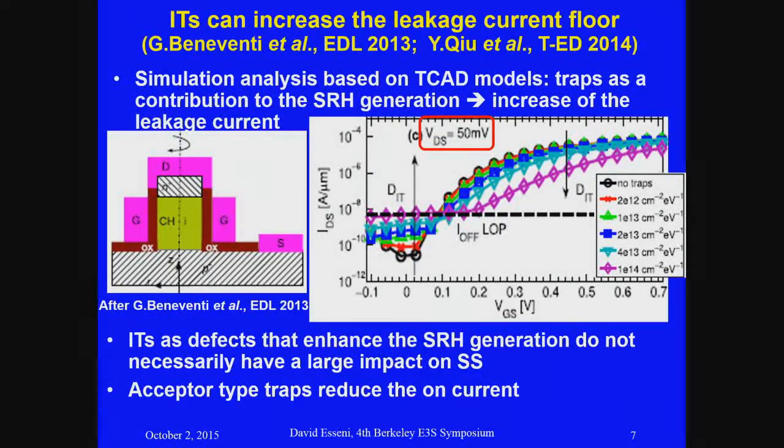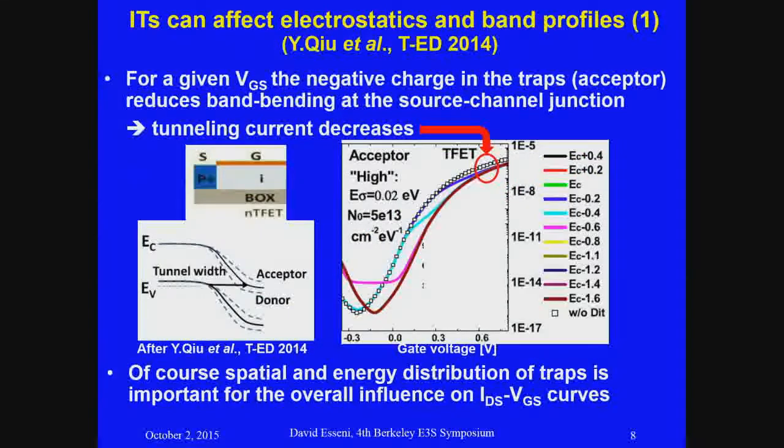But for sure, acceptor type traps can also change the band bending, as we will see better in coming slides, and they can affect the on current in here. The possible role on the electrostatics has been emphasized in this paper, and the fact that it is claimed here is pretty well known even in MOSFETs. And if we consider that in the upper part of the band gap we essentially have acceptor-like traps, so traps that once they get charged are negatively charged,